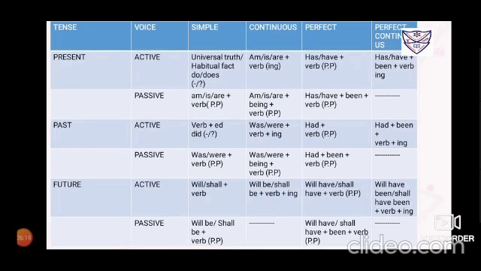Okay, let us go with the table. Now the simple present tense, active voice. Wherever active voice is, you will find that it is a tense table only. Wherever passive voice is, I have added columns that make the active passive voice table complete. So the simple present tense, active voice would have universal truth or habitual fact, or you need to take the help of do and does when you have to convey a negative or interrogative statement.